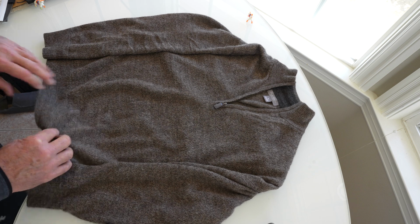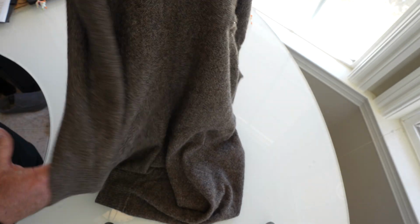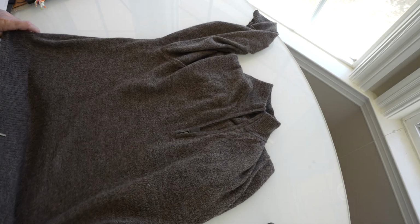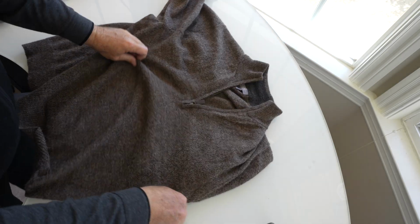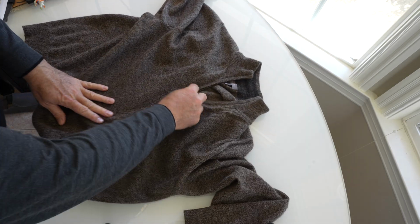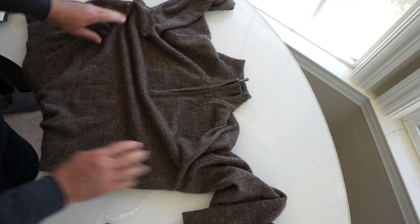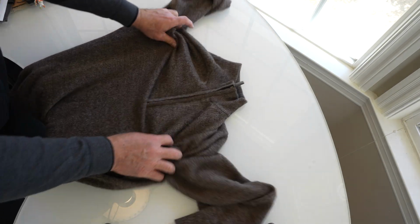But this is a really light weave. As you can see, you can see through it right there. But this is extremely warm and it's very light. It's quite a light sweater, and you could wrap it around your waist or whatever. The zipper comes down a long ways, so you can vent. And then here's a little bit heavier